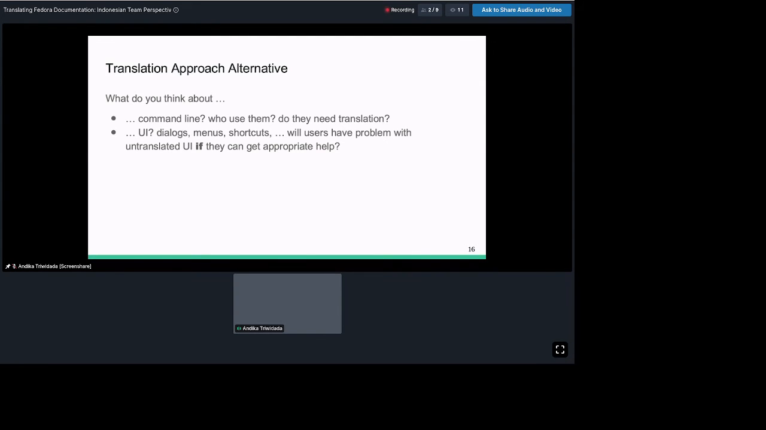Which part of the distro do we need to translate? I think we agree that the command line maybe doesn't need translation. What about the graphical user interface? Do we need to translate menus, dialogs, shortcuts, and everything? What if we only translate the documentation, but not the user interface itself? It's an idea, because